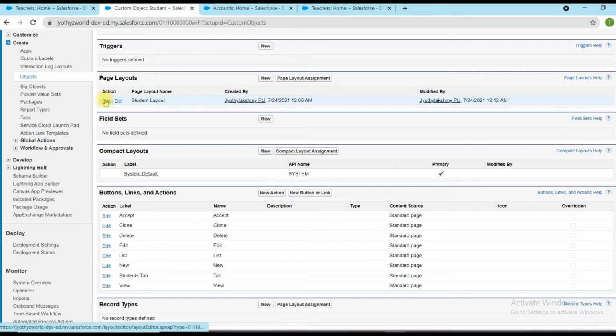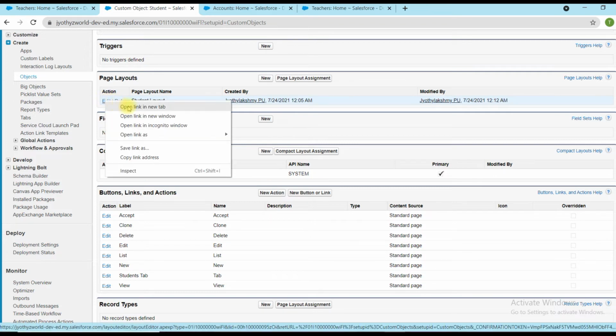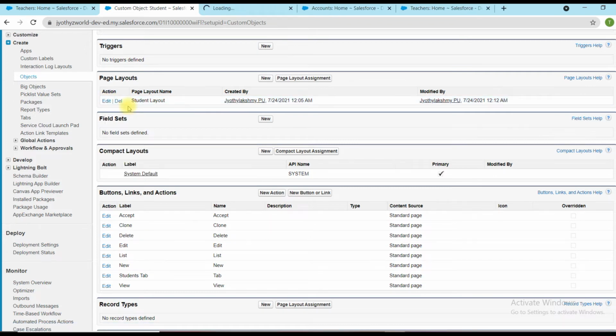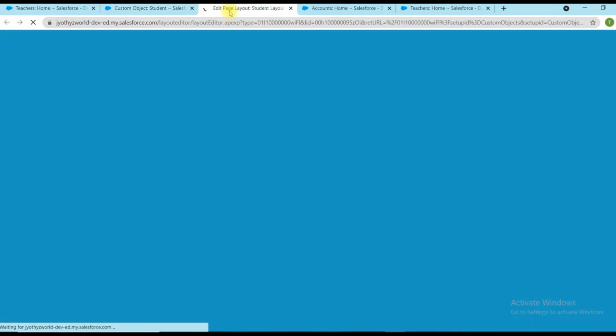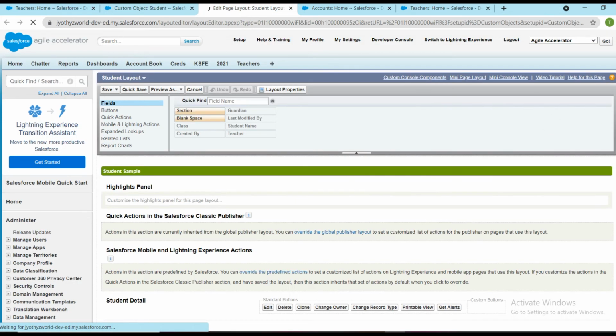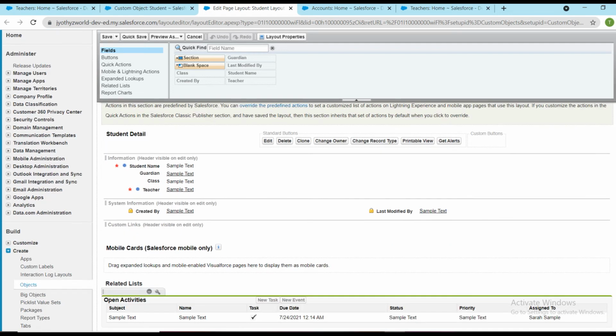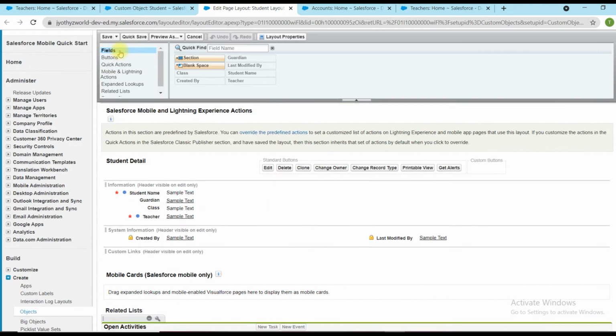There is one page layout already available. This is the page layout for the student object. Some standard buttons are already there. Those available here are edit, delete, clone, change owner, change record type, printable view, get alert. All these are already available, and these are the fields. Under this we can see like this.